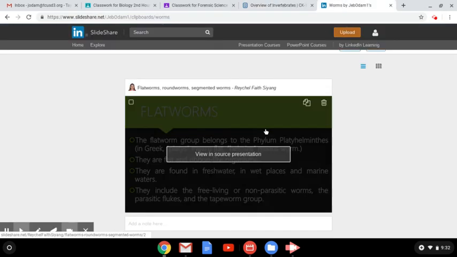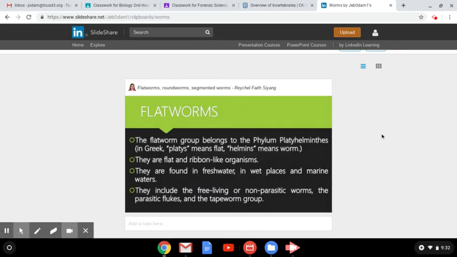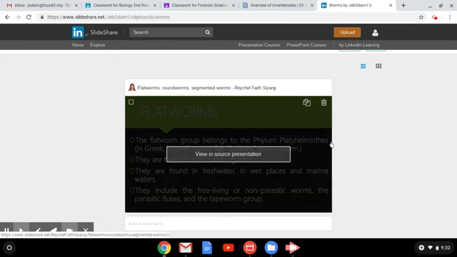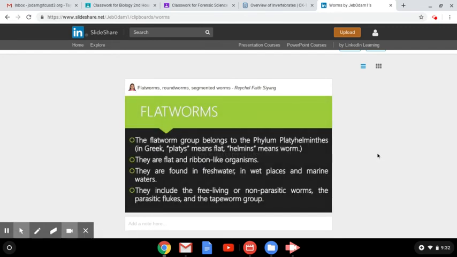So let's go ahead and turn our focus onto those worms. There's 3 basic types of worms that we'll talk about. The flatworms, called phylum Platyhelminthes, and I apologize for this kind of fading in and out on you. The roundworms, which are going to be the nematodes, and then the segmented worms. These are the worms that you'll probably think of when you think of an earthworm. It's a segmented worm, but those are the annelids. Flatworm belongs to phylum Platyhelminthes. Platyhelminthes literally means flatworm.